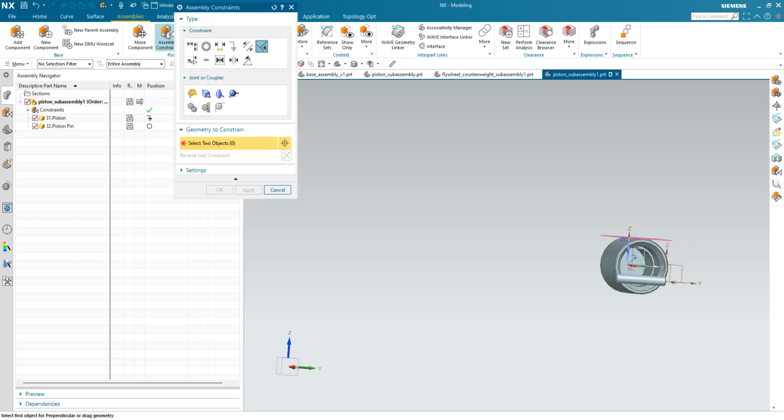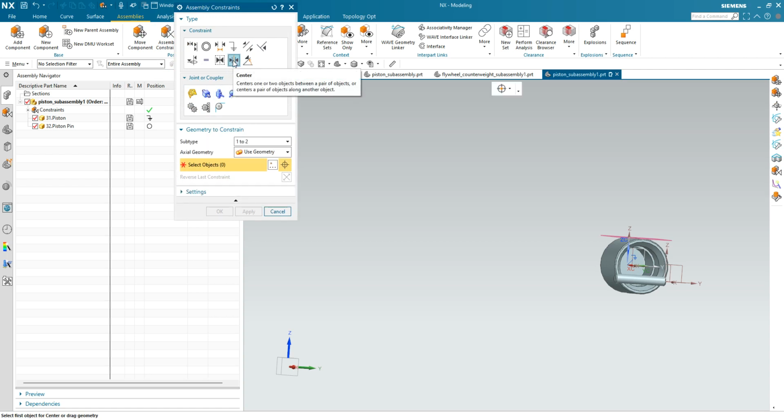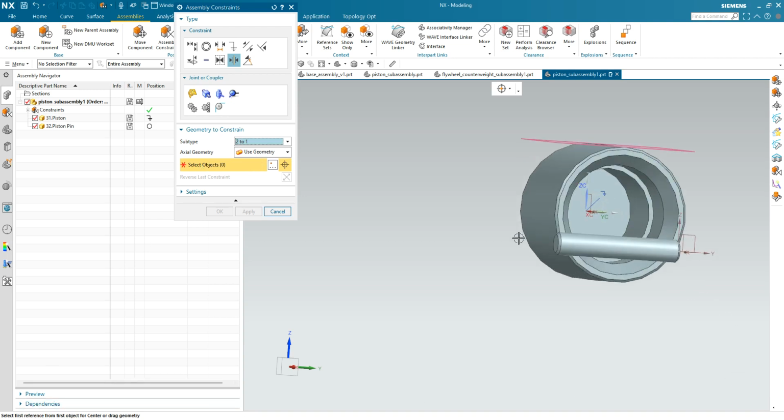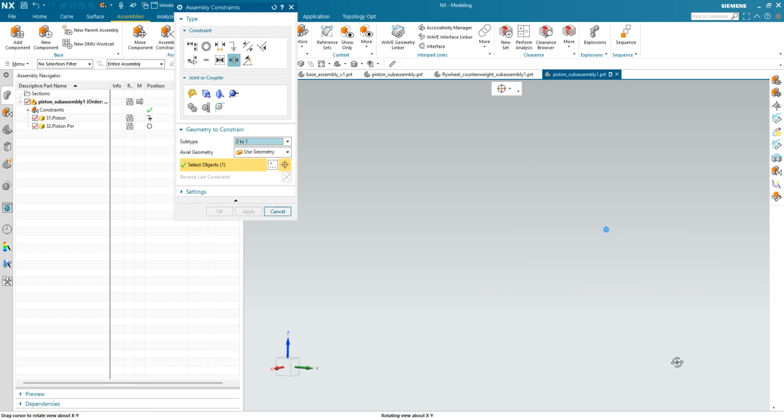So assembly constraints, symmetry, or center. You can select here what you do. I do. Let me see, 2 to 1. So use geometry, select object, select first reference from first object. This is there, and then the second. This